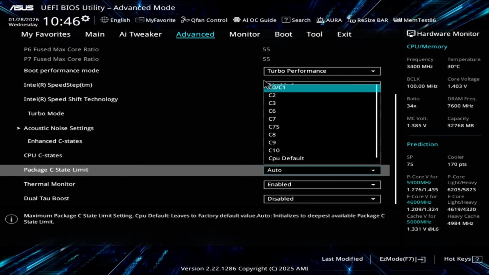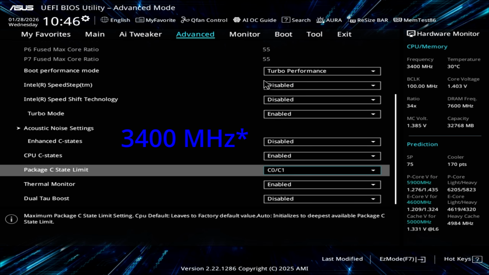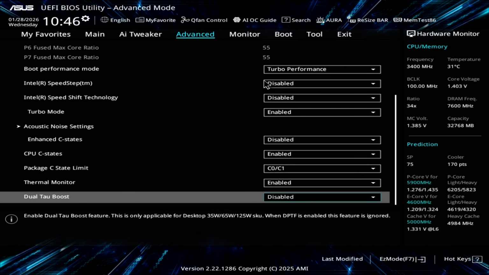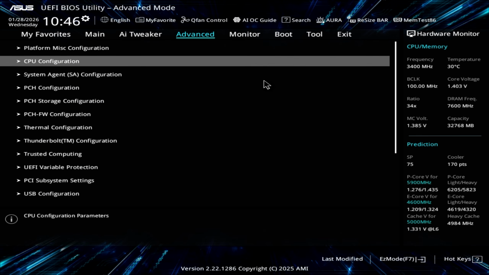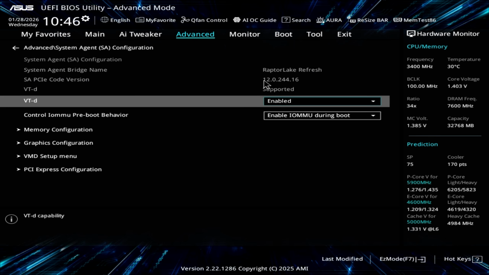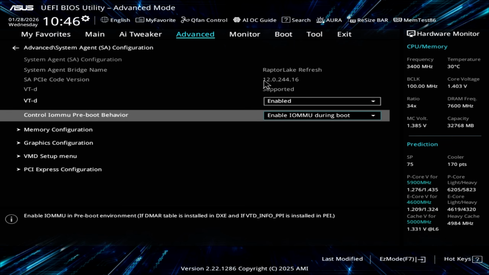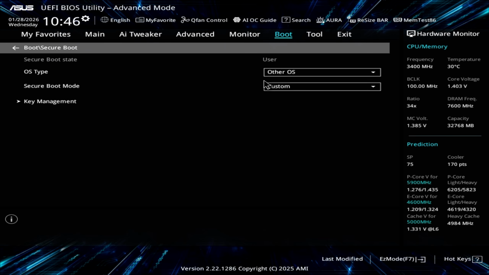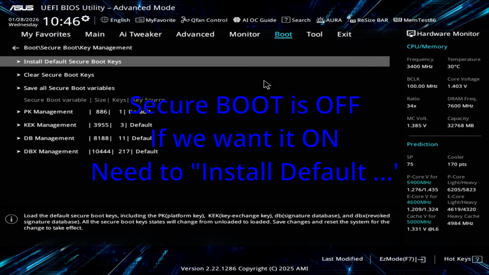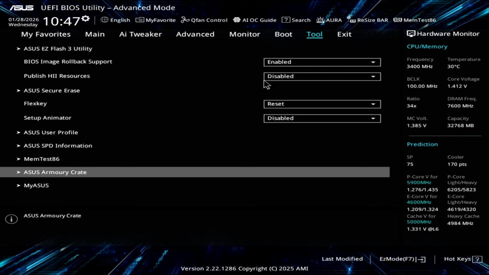I like to put C0, if I remember correctly, 3500 minimum. I don't choose thermal monitor. Here, I don't need UMU, but if you're playing Faceit or something that needs UMU, you need that enabled, right? Here, and I don't know if you know that. It should be great. F10.